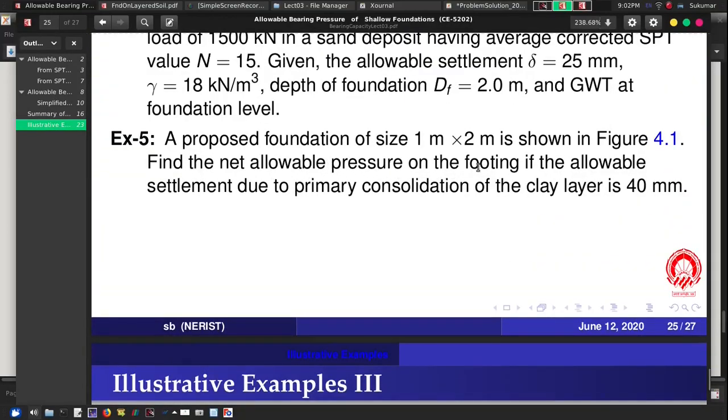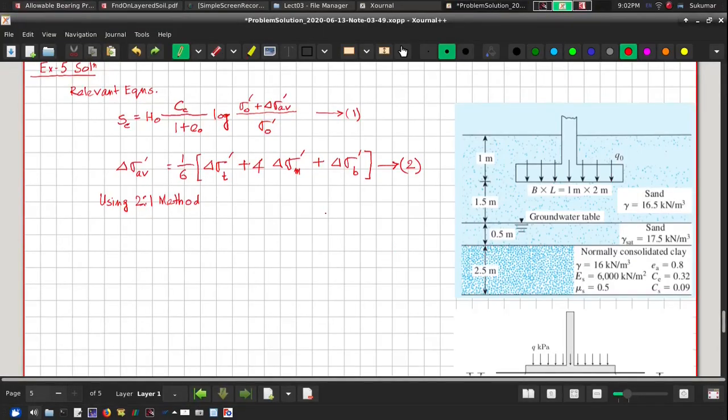Find the net allowable pressure on the footing if the allowable settlement due to primary consolidation of the clay layer is 40 mm. Now let us go for the solution of this. You remember that my consolidation settlement